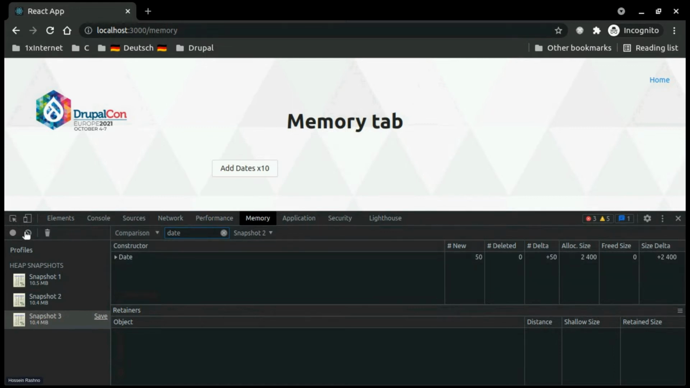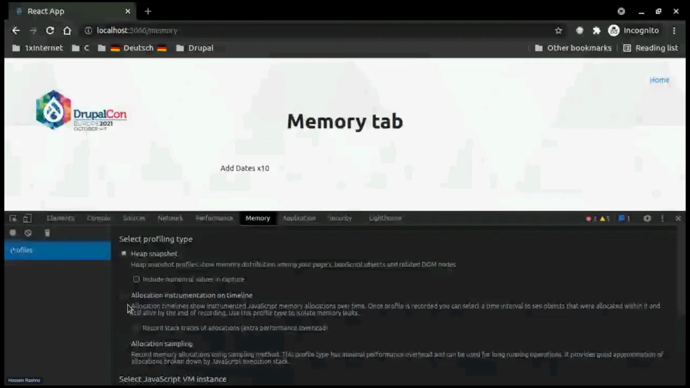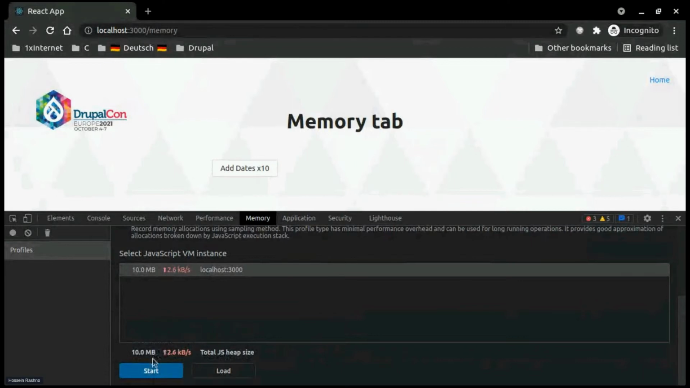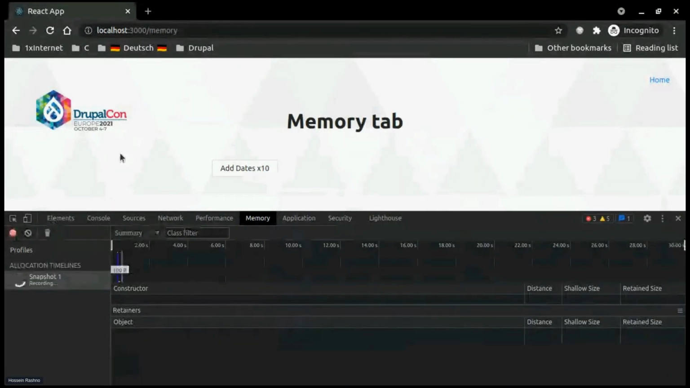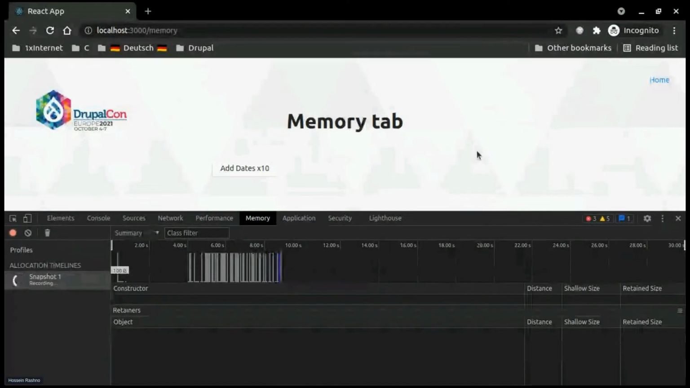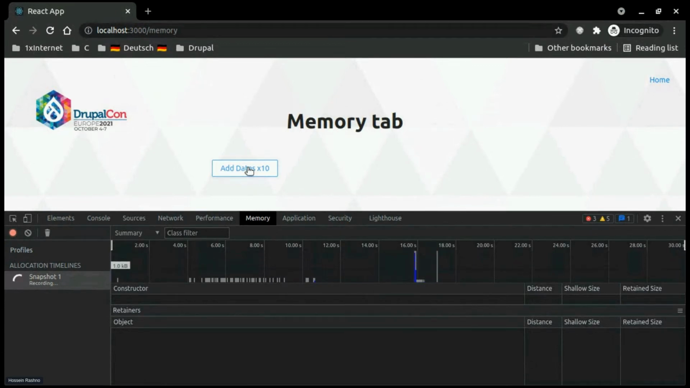The other item here is allocation instrumentation on timeline. I can use this option to actually see what is happening in real time in the memory. So if I move my mouse, you can see how much data is being added to the memory. If I move my mouse here and then stop doing anything, you can see nothing happens. And then I click here. These are my dates. I click here,